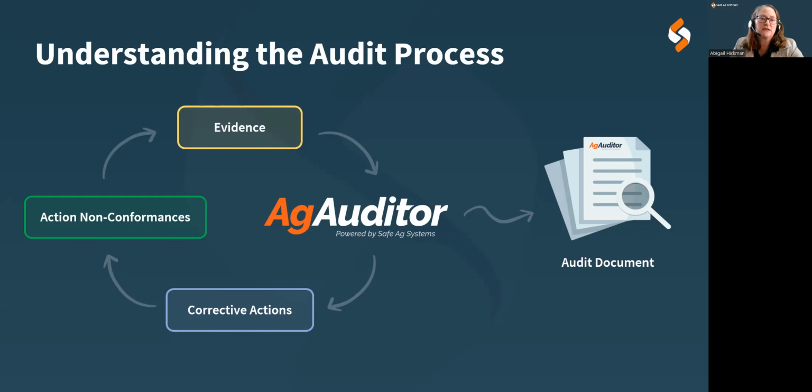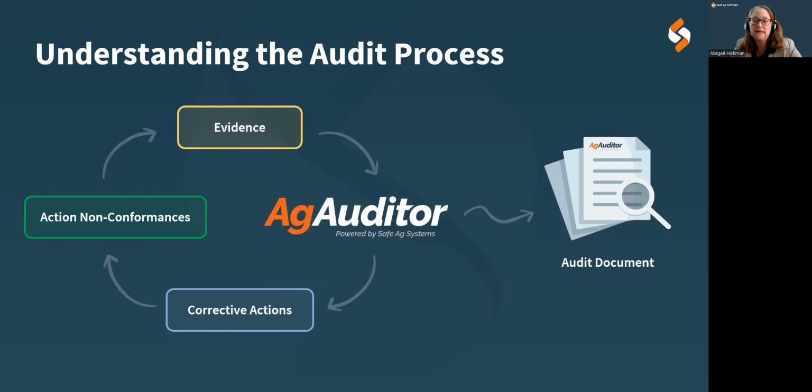This slide gives you a bit of a demonstration of how that process generally looks. It generally starts with gathering evidence. Once you've gathered that evidence, you then need to identify the gaps, where either that evidence is not meeting the criteria or you don't have the evidence in a form that you can use to demonstrate that you're actually meeting it. You then raise corrective actions to address those gaps, which are often called non-conformances. You then action the non-conformances so that you're conforming, or meeting that criteria. And then you repeat that process.